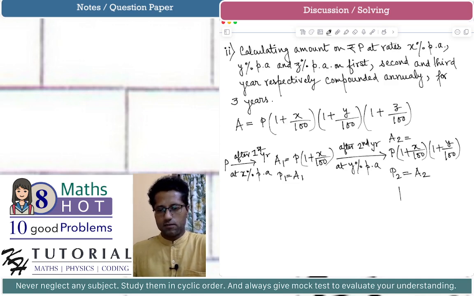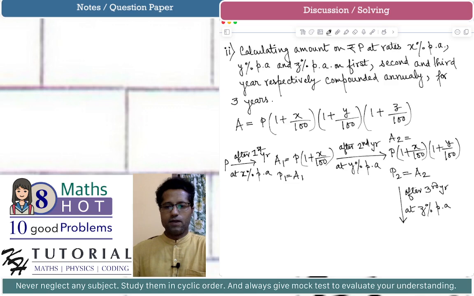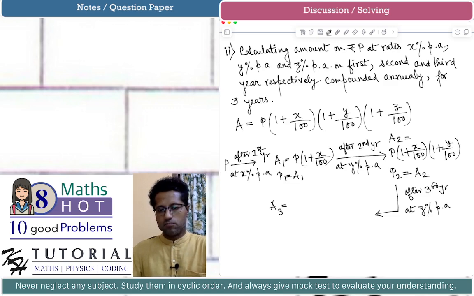Similarly, for another, after the third year, the rate is different. So at Z% per annum, we will have the interest, we will have the amount A3, which will be equal to the current principal, which is P2, and which is equal to A2, which is